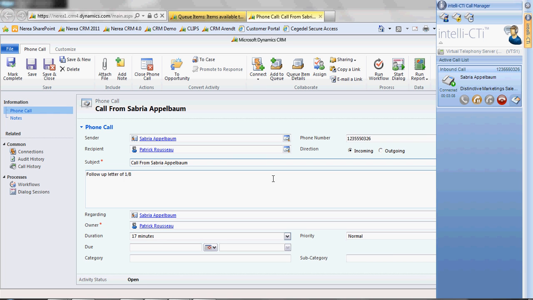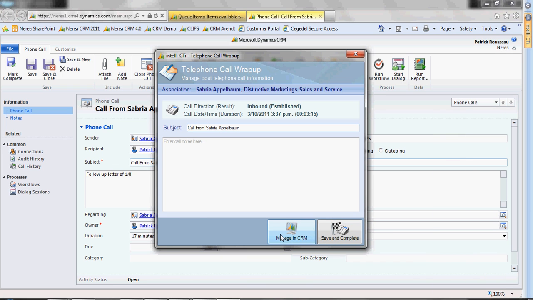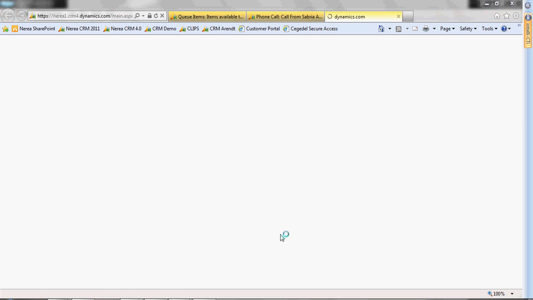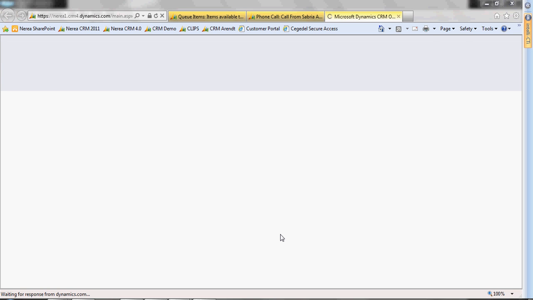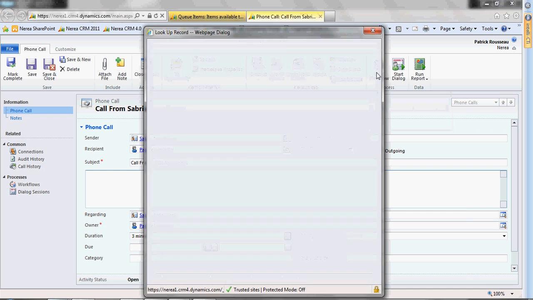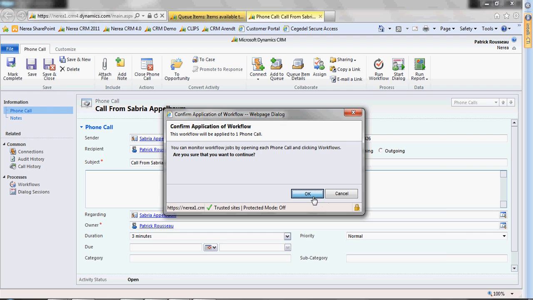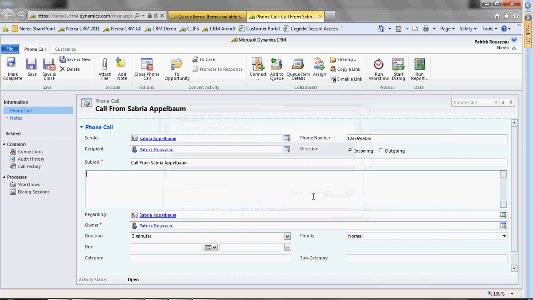I'm not going to take any notes because I'm going to use a template to fill in the required information as a call log. So I'm just going to hang up after thanking her for her time, and this time I'm not going to save and complete the phone call straight away. I'm going to first manage it in CRM. That's going to leave my phone call activity open, and what I'm going to do is apply a template to it. So I'm just going to apply a workflow to this particular phone call, which is going to be a refund that I'm going to generate, and the